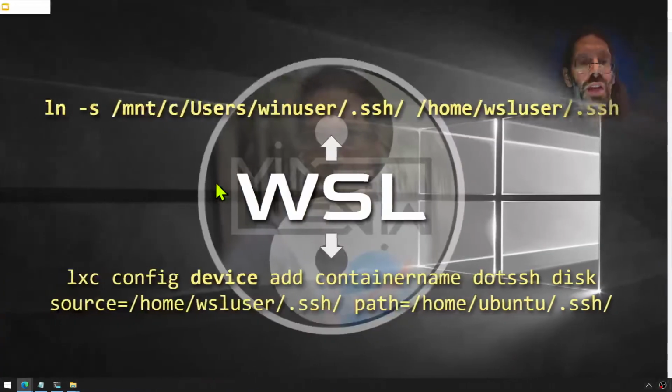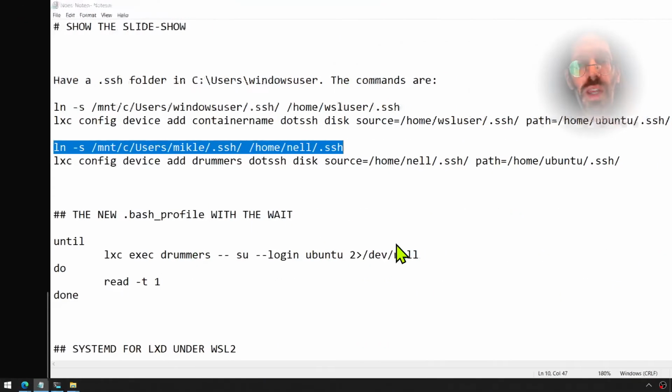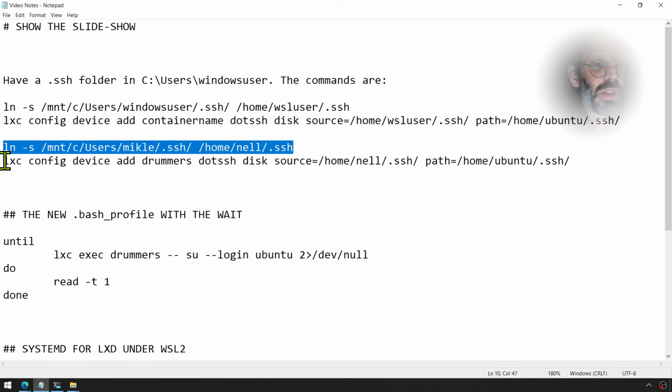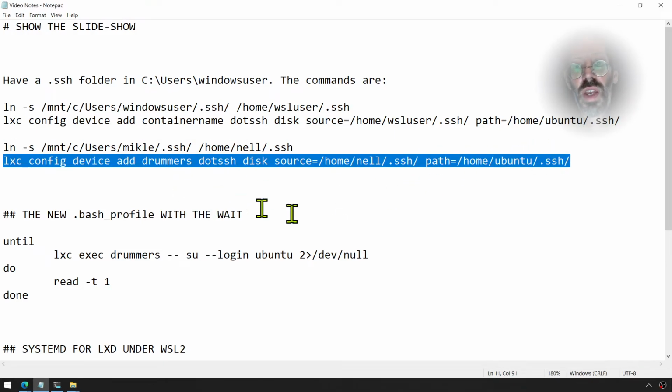It's bidirectional mapping. I just did this mapping here to get the .ssh location from up at Windows. Now I've got to push it down to the container, right? Okay, so I go to my notes where I have modified that for my exact name. You'll see I have drummers there, and I have Ubuntu here and Nel here. Control C,